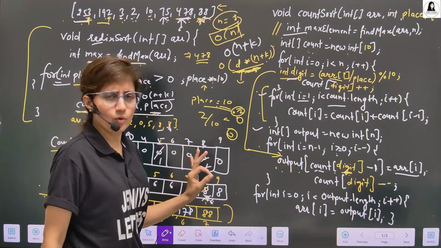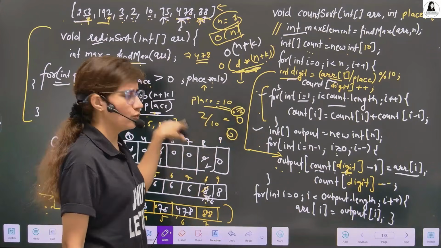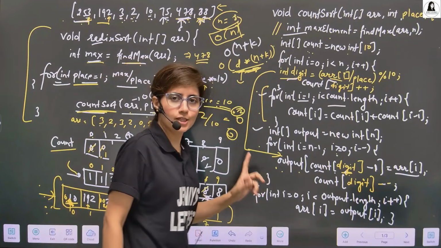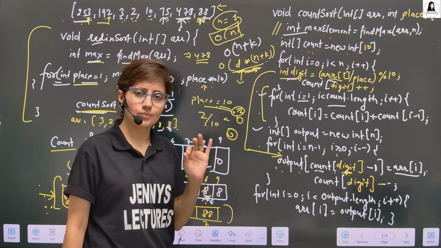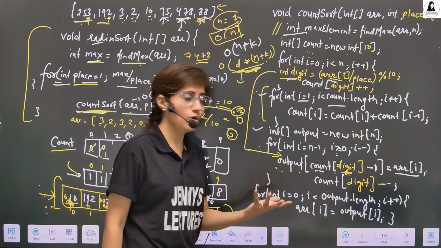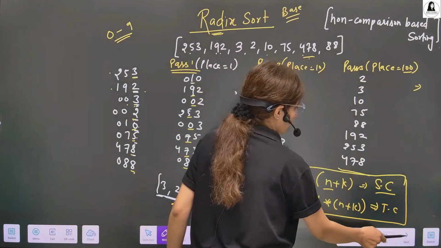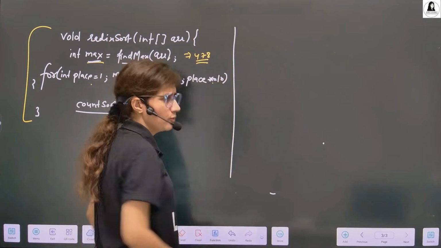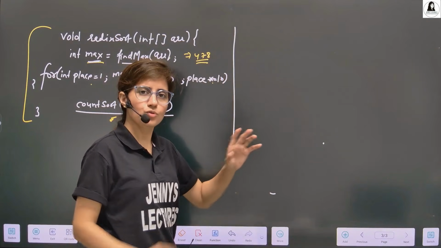So one more thing. This radix sort, whatever we have seen, the standard approach, will not work on negative numbers. This will work only on positive numbers. Suppose in your sorting you have to deal with negative numbers as well, then what will you do? You can change it a little bit. There are 2-3 approaches. I'll just give you a brief overview. You just try it out yourself.